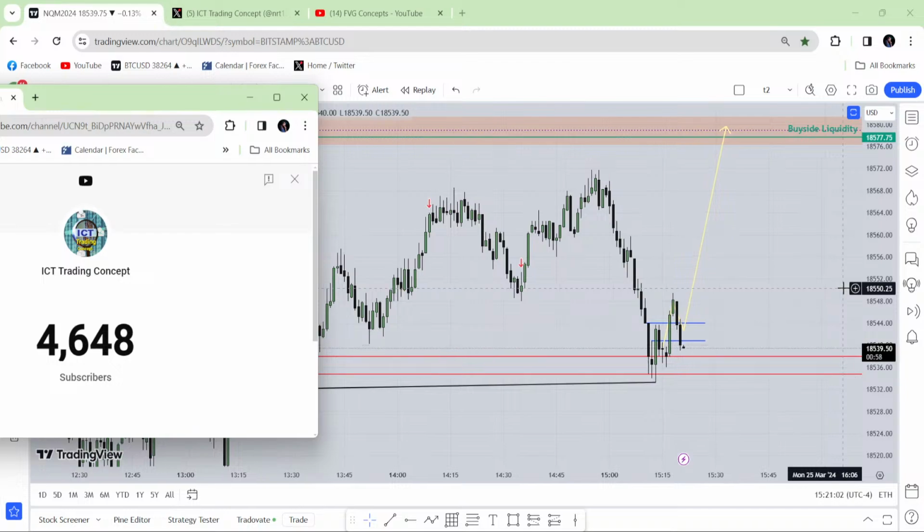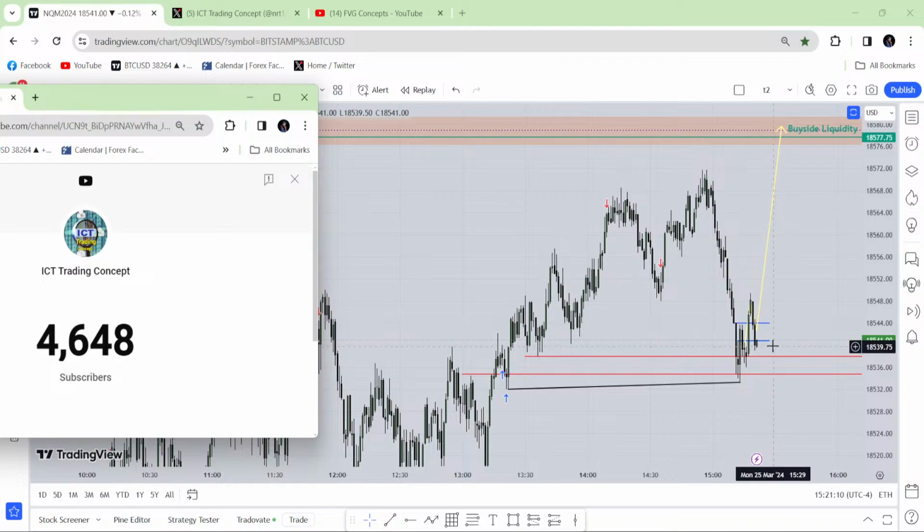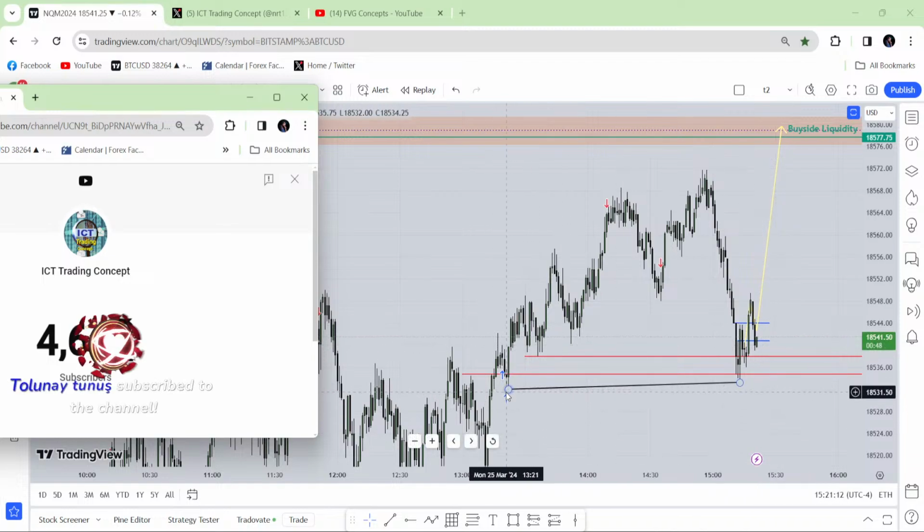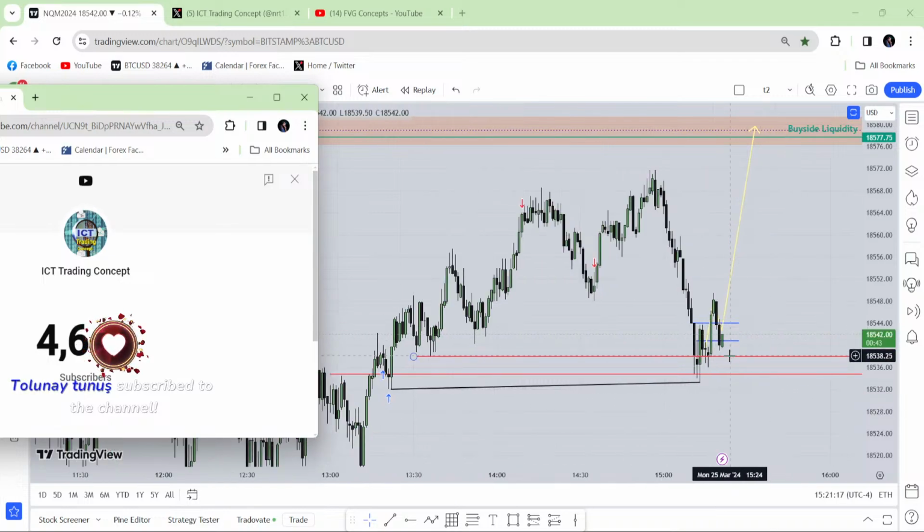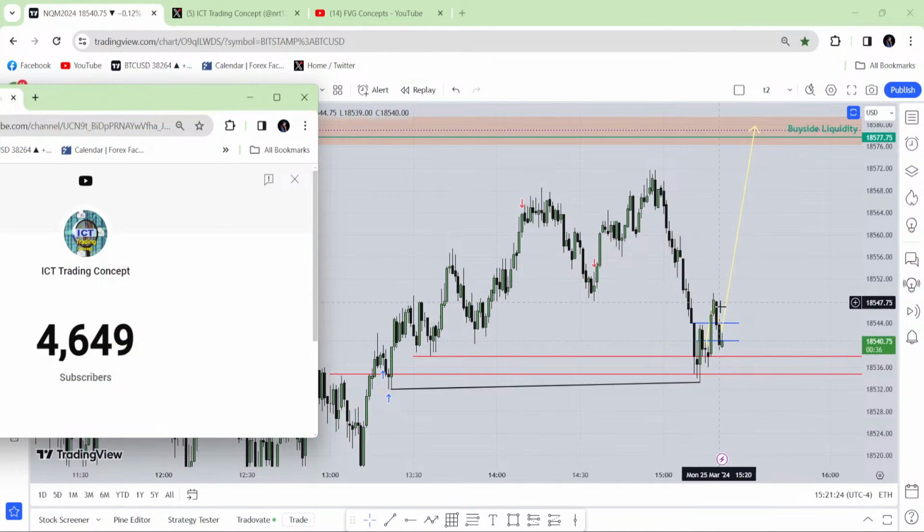Is it an inversion fair value gap? No, it's not an inversion fair value gap. I told you that it could be the first fair value gap if this low could trade the fair value gap. When it failed to trade that fair value gap, it's not even eligible for being a first fair value gap. I just marked it that way. I want to see how it reacts, if it reacts or not at all. If it can go below the consequent encroachment of that week, I'm going to remove all of this from my chart. That's all.